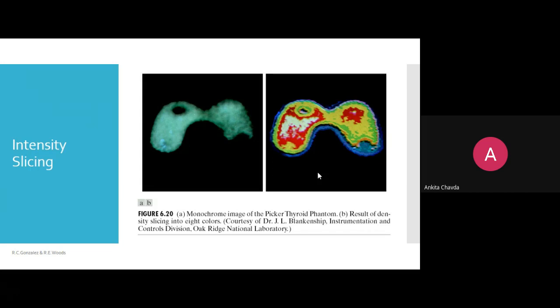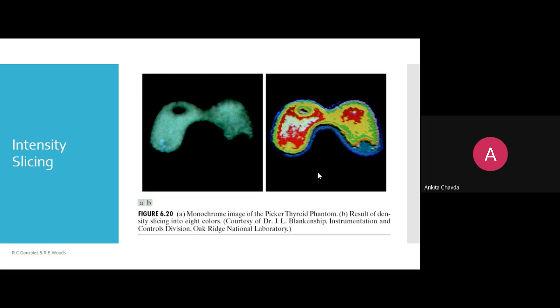So this is the monochrome image, that is the black and white, or you can say grayscale image, which is void of color. Now here, by just watching the first figure, what you can say? This is an image of a thyroid center, one of the thyroid cells they have taken, and they are inspecting what is the problem and where is the problem. Can you see anything by just looking at the first figure? No, right? All the values look very similar.